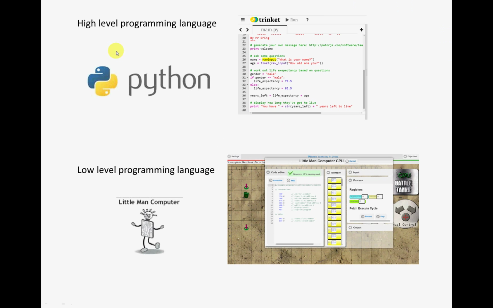So hopefully you've already had a chance to write some code in a high-level programming language like Python, and we're going to move on to writing some low-level programming code, some assembly language code for a Little Man computer processor. So the difference between high-level and low-level programming isn't that one's better than the other, or even that one's more powerful than the other. The difference is, think of it in terms of like a high-level manager who works at